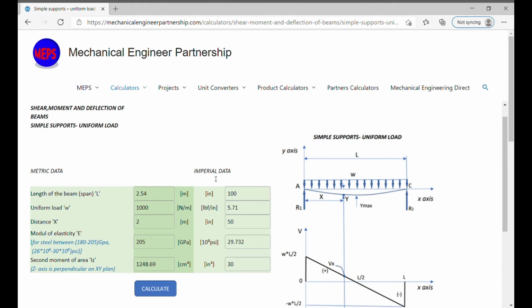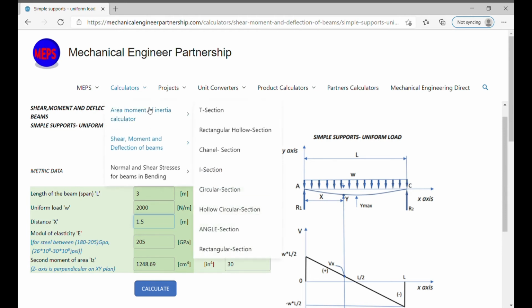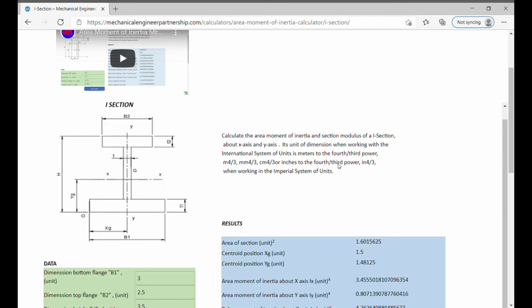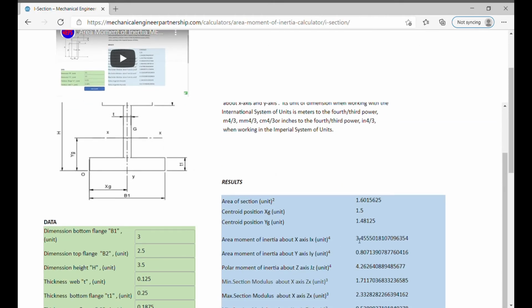Let's have an example in metric: 3 meters for the length of the beam, 2000 newtons per meter for uniform load, 1.5 meters for X distance, the middle of the beam, and modulus of elasticity 205 gigapascal. For the second moment of area, if you already have the value, write it in the corresponding cell. If not, choose Calculators and then Area Moment of Inertia, choose your beam section, for example an I section, choose area moment of inertia about X-axis, in this specific case,